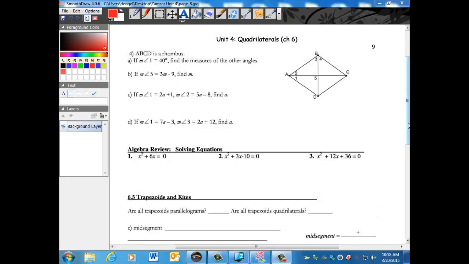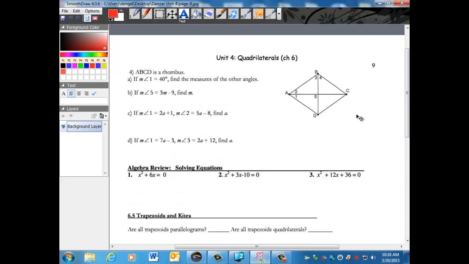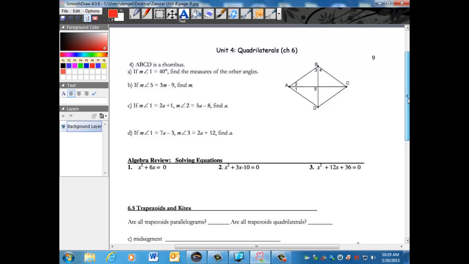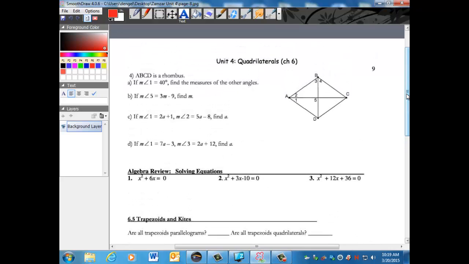Welcome back to geometry. Before we jump into 6.5 trapezoids and kites, let's go ahead and solve this problem from the previous lesson that involved a rhombus. And again, it's just good practice to review certain shapes. Even though we're going to be learning about trapezoids and kites today, let's start off with a rhombus. So we're given,